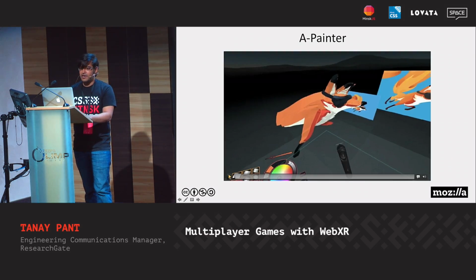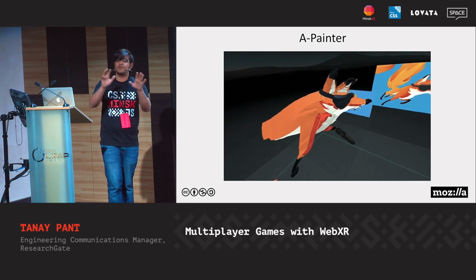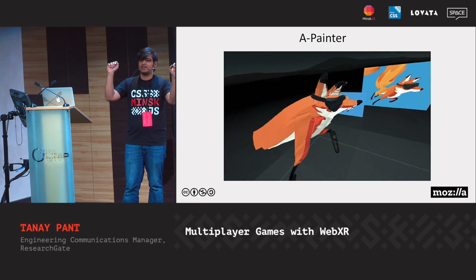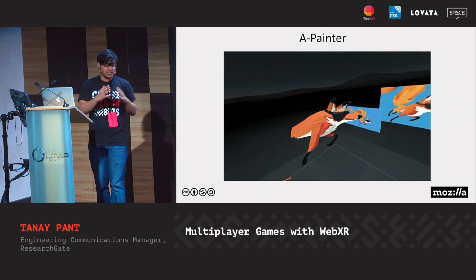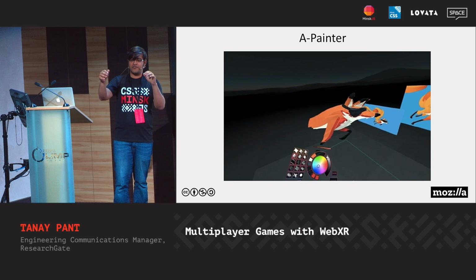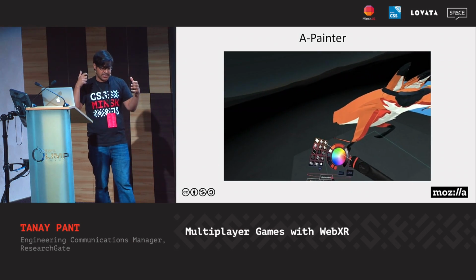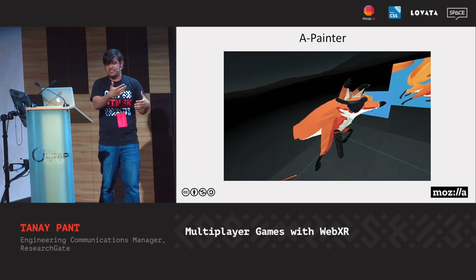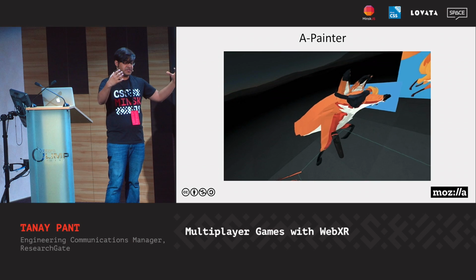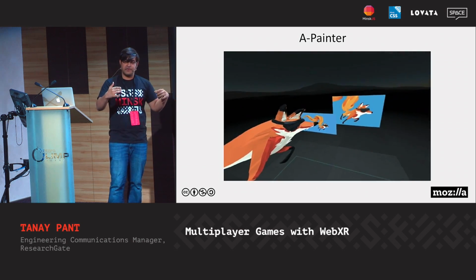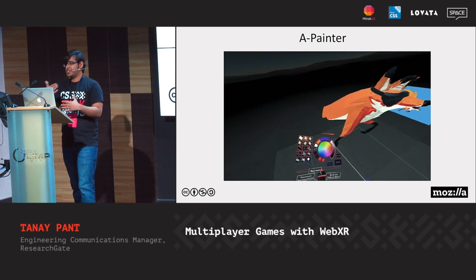How many of you have heard of Google Tilt Brush? I mentioned it a bit earlier on, but how many of you have used it or heard of it? Okay, just one, two, three. So Google Tilt Brush, what is it? Do you know of HTC Vive? HTC Vive is a VR headset, and it comes with sensors. So Google Tilt Brush gives you a room scale experience where you can paint in 3D, somewhat like this.